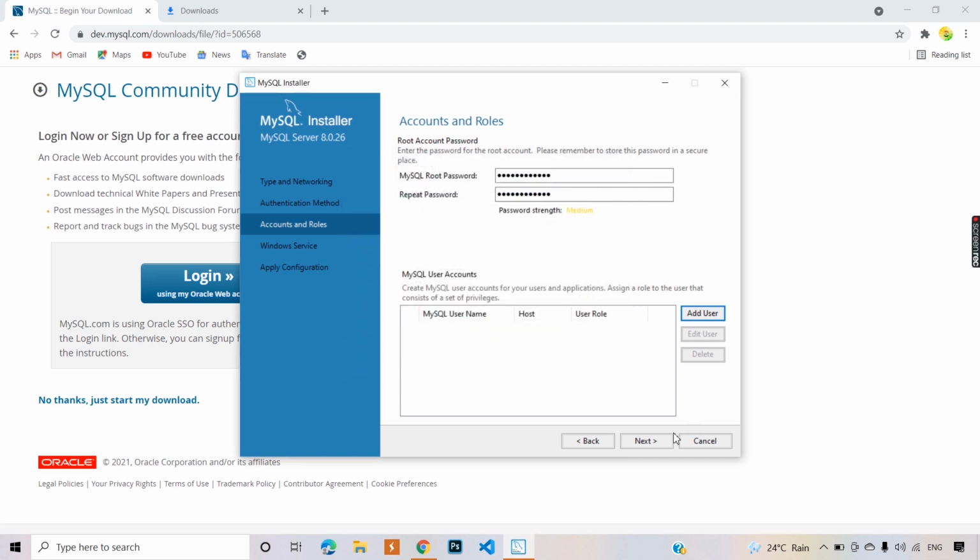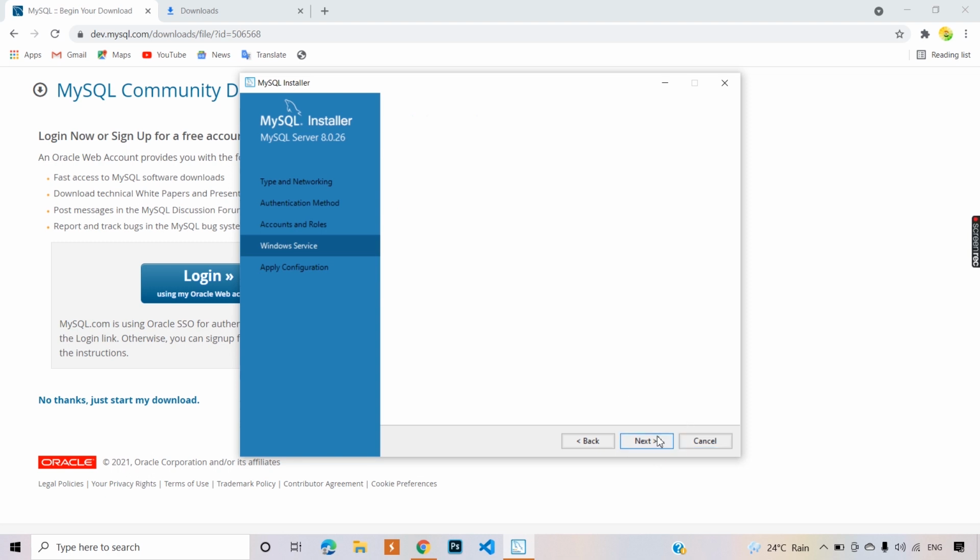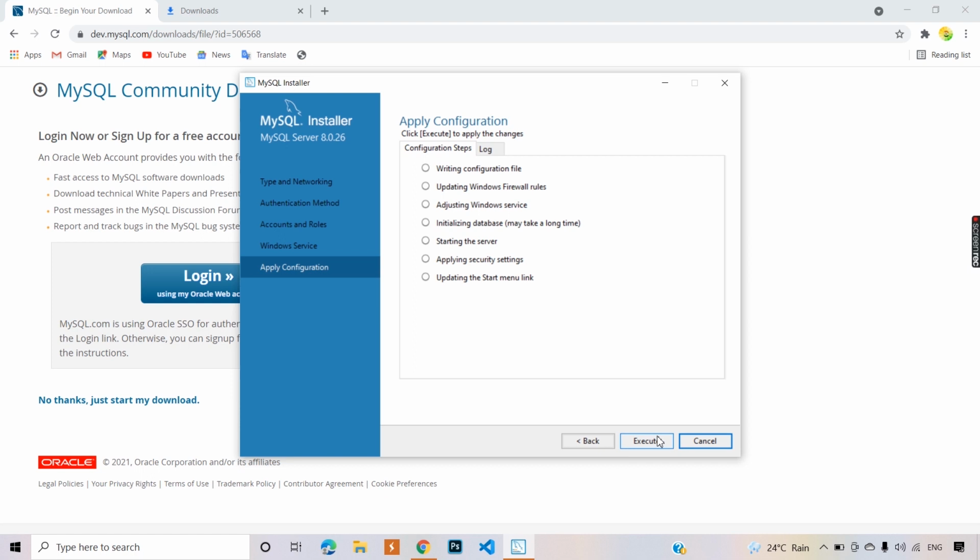Right now we are not interested in it, so we will close it and click next. After this we will again click next and here you can see apply configuration. These are all the configuration steps, so simply click on execute and all these steps are being executed now.